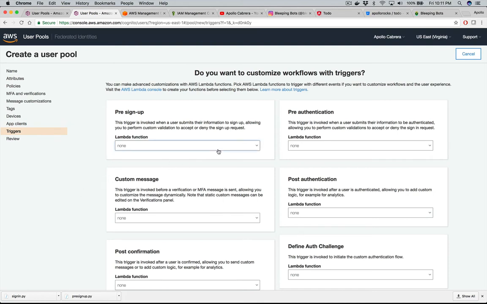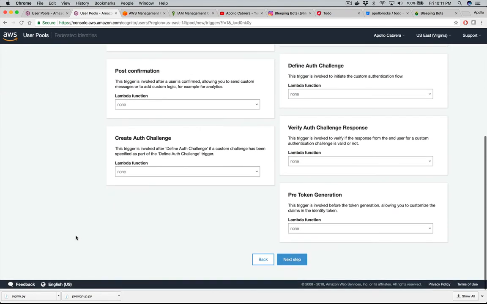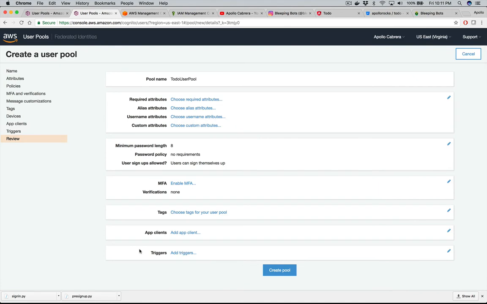Alright, so in here we can have triggers that occur right before someone signs up, and we're going to create a Lambda function at some point just to let AWS know that they're confirmed. Pre-authentication, post-authentication, post-confirmation, those are things that you can intercept, but for now let's leave it all blank. Hit next and create the pool,